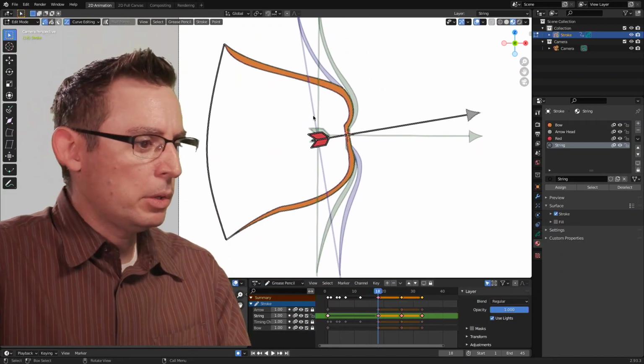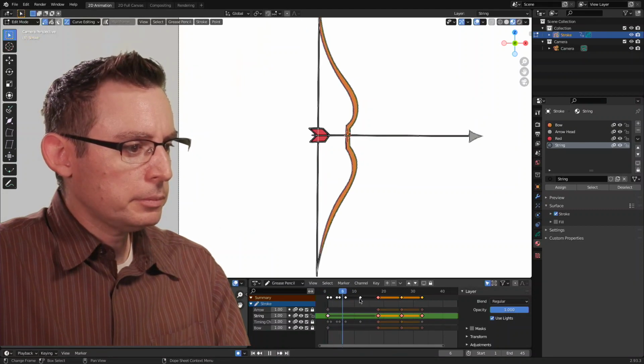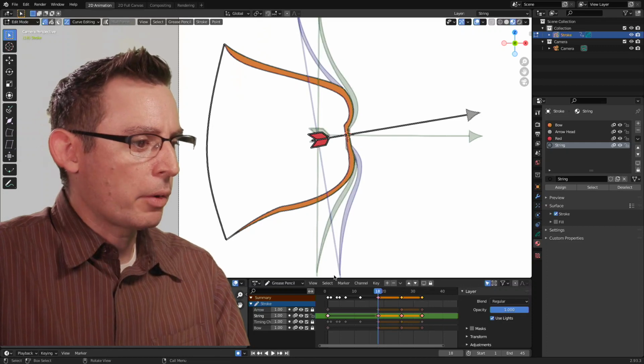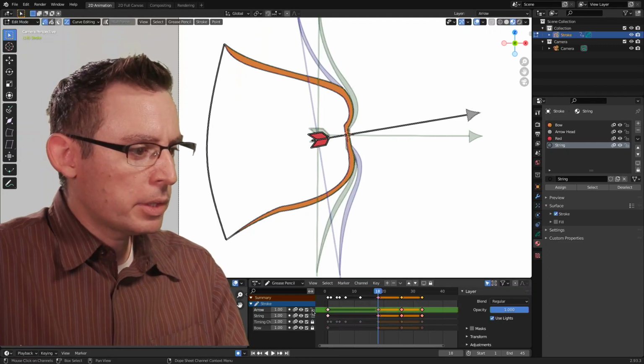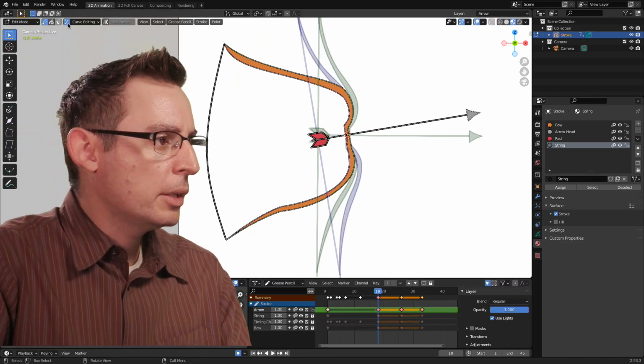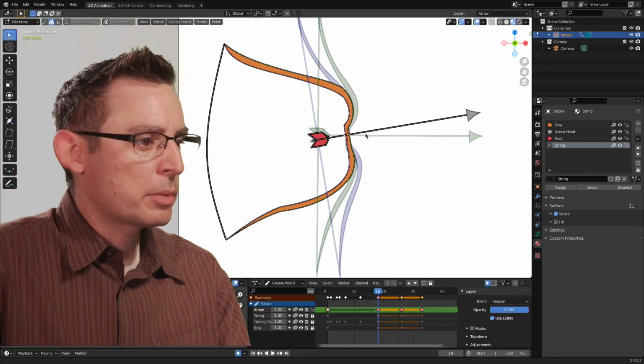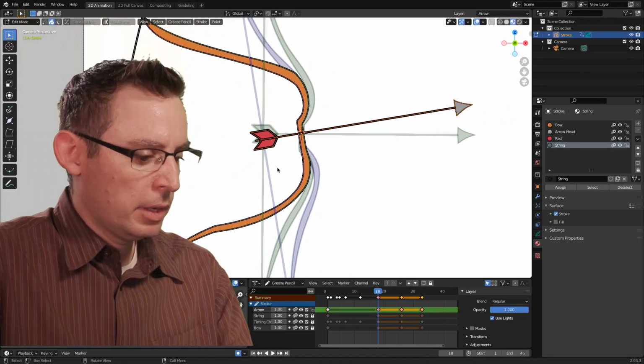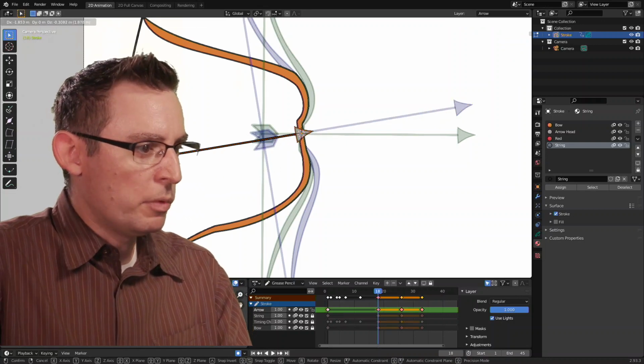The other thing that I want to look at is the location of the arrow. We can't forget the arrow. Let's unlock that real fast. Let's leave curve editing mode and return to my stroke selection set. And I'm just going to very quickly grab all of this stuff. And I'm going to grab it, and I'm going to move it back.